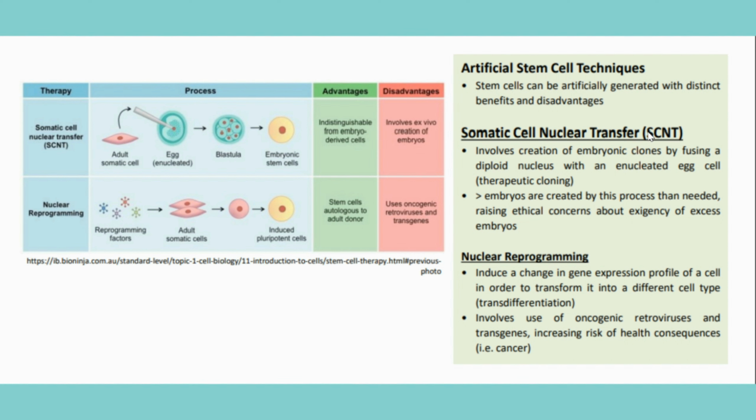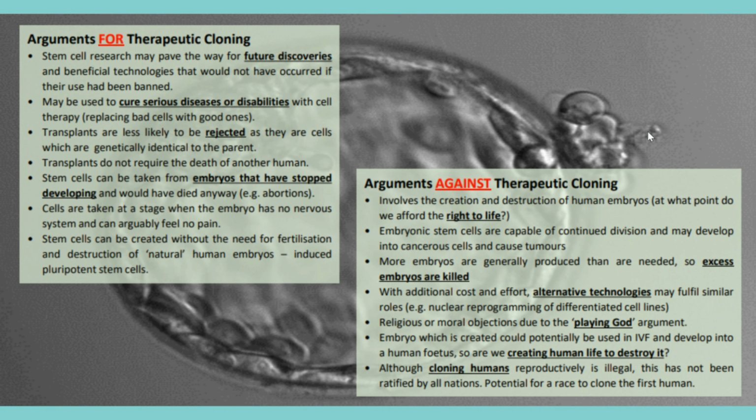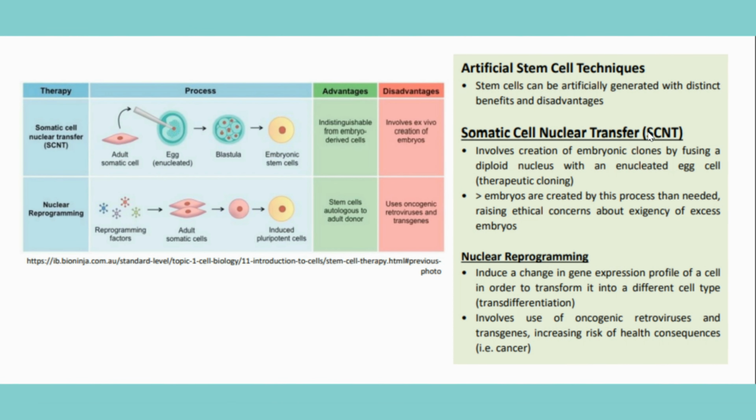You also have nuclear reprogramming, which means you induce a change in the gene expression profile of a cell in order to transform it into a different cell type. For example, as mentioned in the previous slide, you can induce pluripotent stem cells to become almost natural human embryos. And this involves the use of oncogenic retroviruses and transgenes, which increases the risk of cancer because you are using oncogenes. And this will be discussed later in the chapter, where your oncogenes are the ones that cause tumor